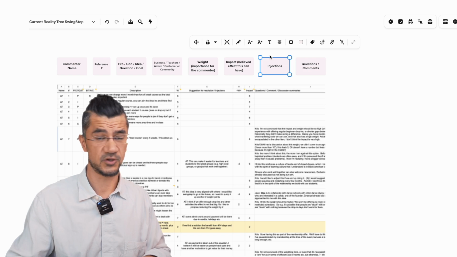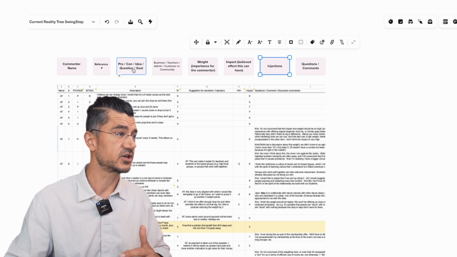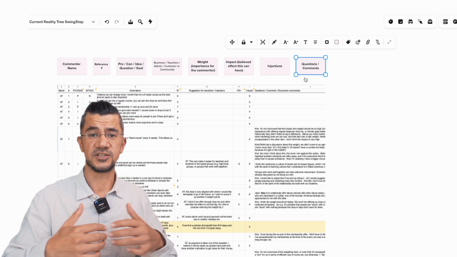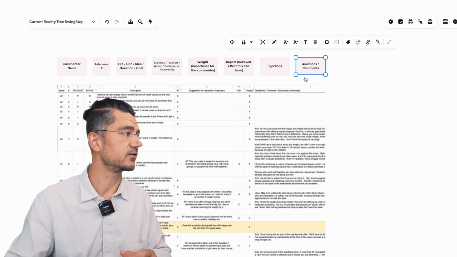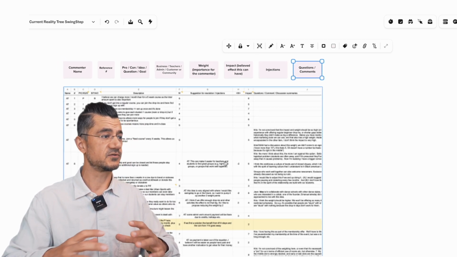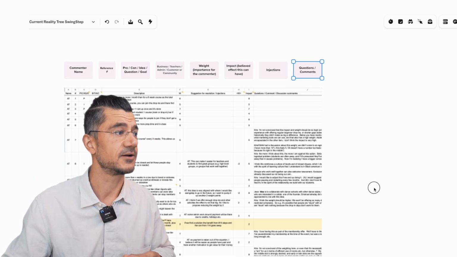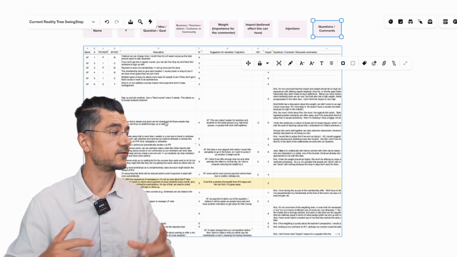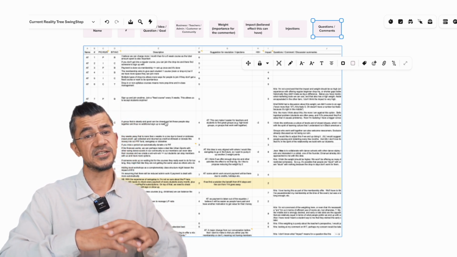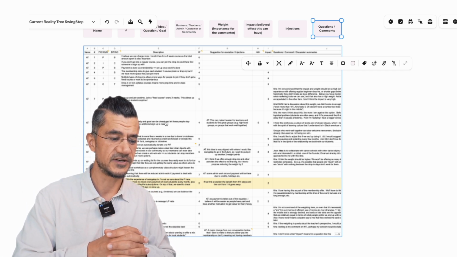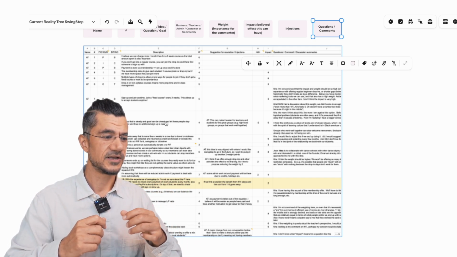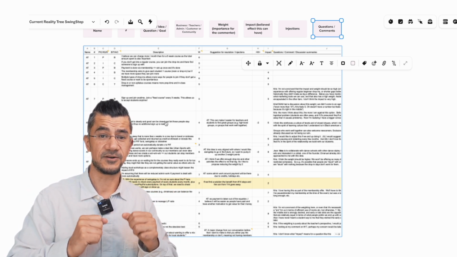And then you collect injections or solutions, for example, for each con, and also note down the questions, the comments, the summary of each different pro, con, idea, question, and goal. This allowed us to really keep an overview of everything. It allowed us to go back and forth between different points and not lose track of them, and not get distracted. If you remember in the previous video, I talked about how in stressful situations, people have the tendency to pull the conversation in many different directions at the same time.